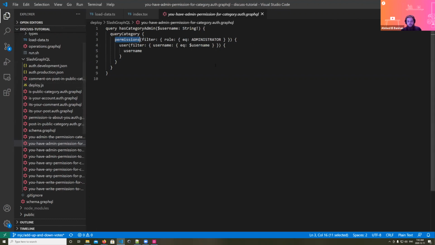And if this query passes, so if this query returns my username, then we're good to go. If not, then I'm not going to be able to do this action, right? And it's as simple as that. So this allows you to have some very powerful